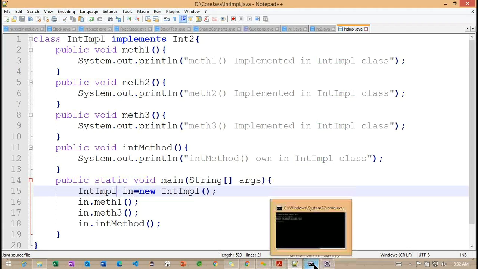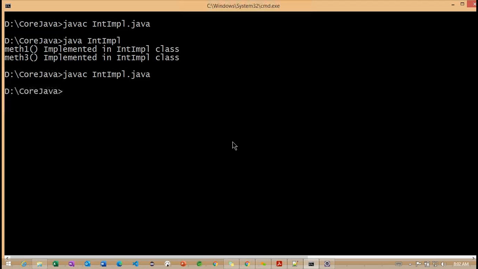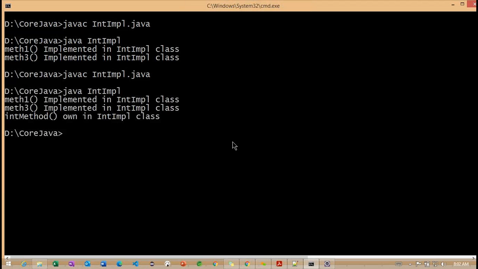We can work like this. Using this particular int impl class reference, we can now print all the methods, whether they are in the super interface or in any class. With the help of this reference we can print them here. Getting the point. Now we need to understand the inheritance concepts, a very important concept we discussed here.